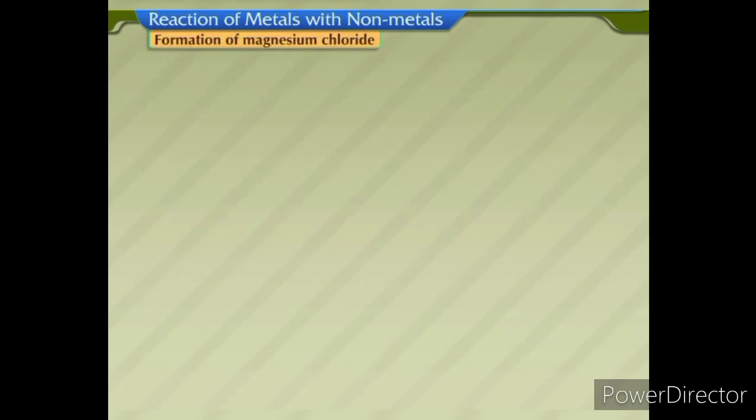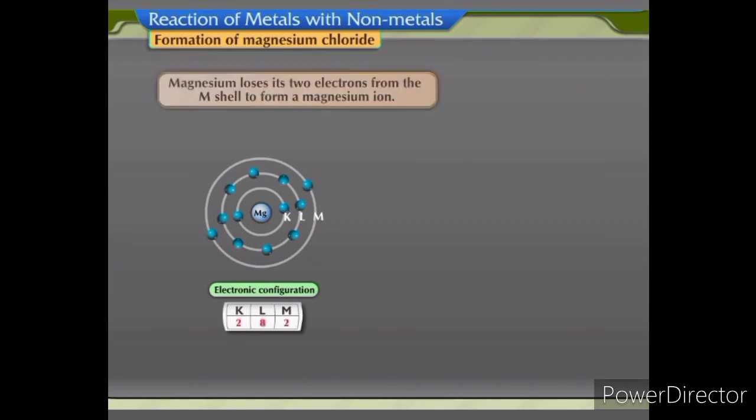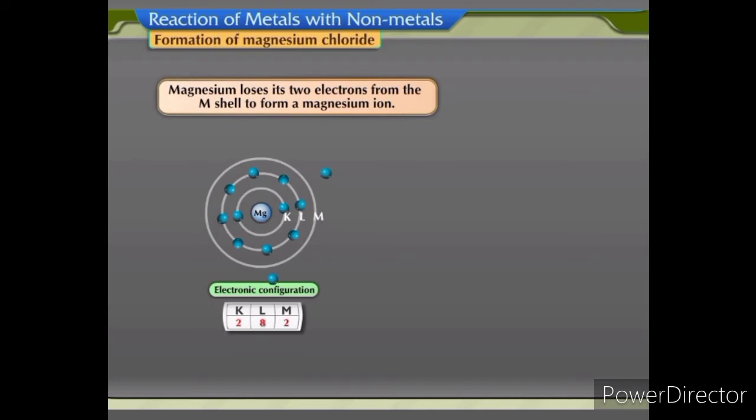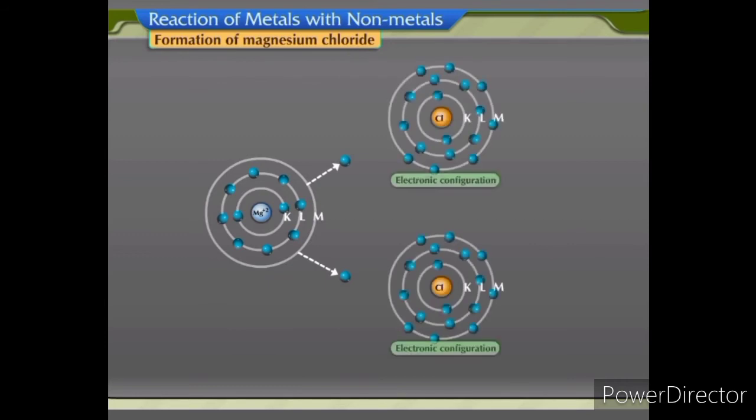Formation of magnesium chloride. The electronic configuration of magnesium atom is 2-8-2. Magnesium loses its 2 electrons from the M shell to form a magnesium ion. Since a chlorine atom has 7 electrons in its outermost shell, it requires 1 more electron to complete its octet. In the formation of a magnesium chloride molecule, the 2 electrons lost by the magnesium atom are accepted by the